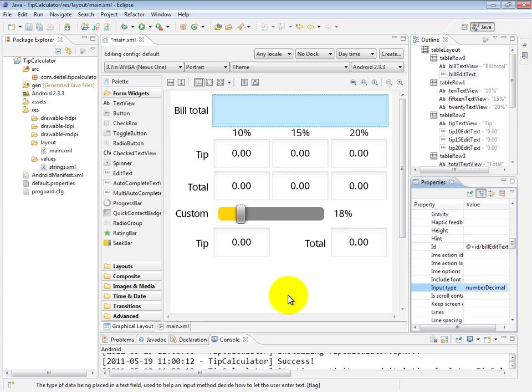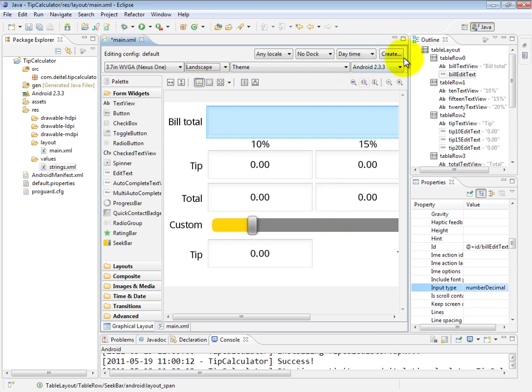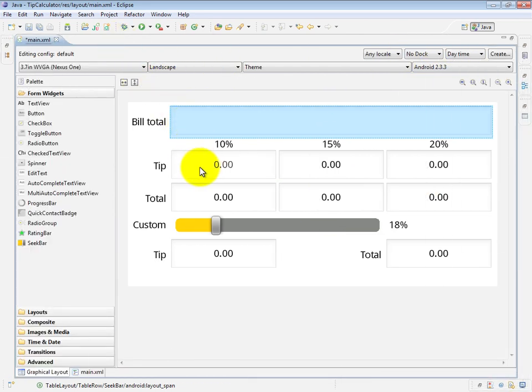So now we have exactly one more thing we need to do for this graphical user interface, which is that we want to make sure that the controls in columns numbered 1, 2, and 3, the second, third, and fourth column respectively, are the ones that will grow to fill remaining space on the screen if the screen orientation changes, for example. So right now we're designing this in portrait mode, but in landscape mode, if I change that here and just expand this for a moment, what you can see is that some of the controls are growing